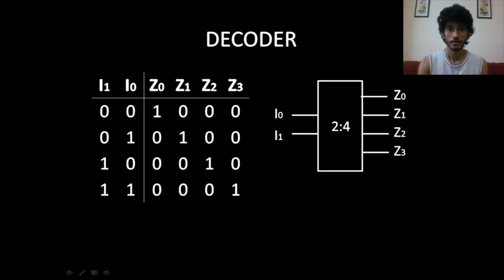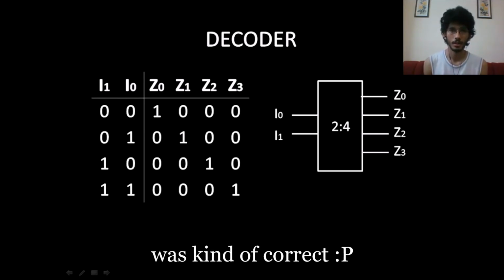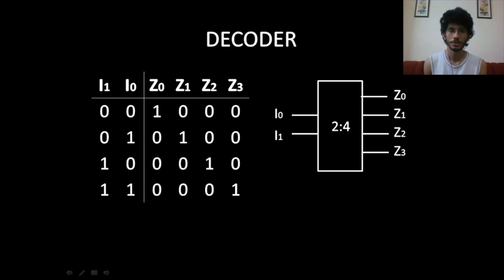Now the next circuit is a decoder. Decoders are circuits that allow binary to decimal conversion, or so I think. So you've got, say, 2 inputs. The 2 inputs can represent 4 different binary numbers, so you have 4 different outputs. So when the inputs are 0, 0, that represents a binary 0. Z0 gets activated or gets connected to 12 volts. When the inputs are 0, 1, it represents a binary 1, then Z1 is activated. When the inputs are 1, 0, it represents a binary 2, Z2 is activated. 1, 1 represents 3 in binary, Z3 is activated.